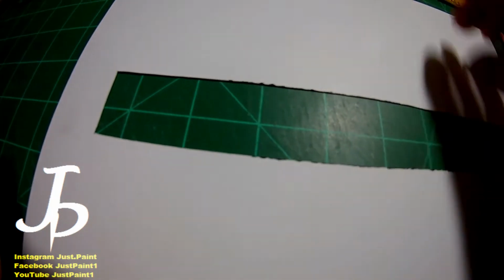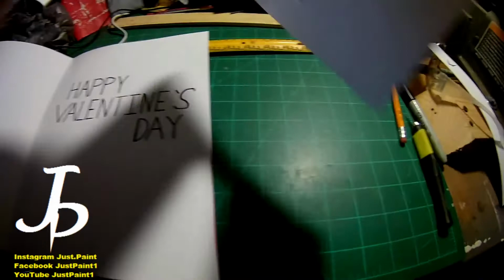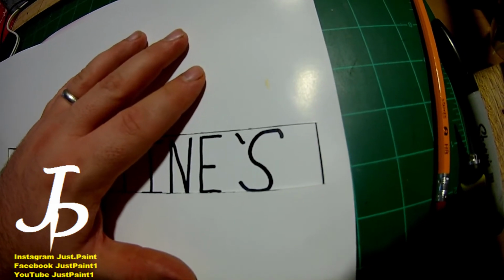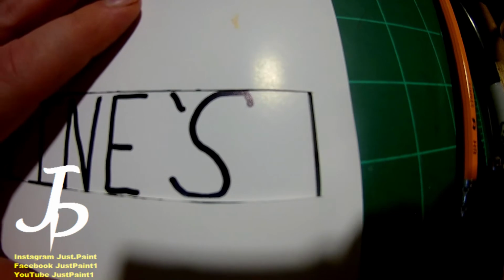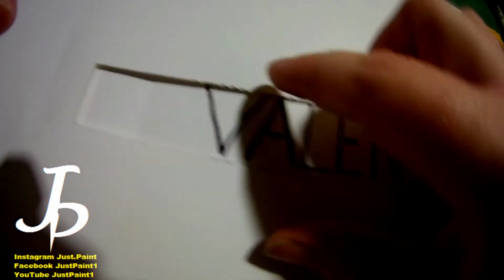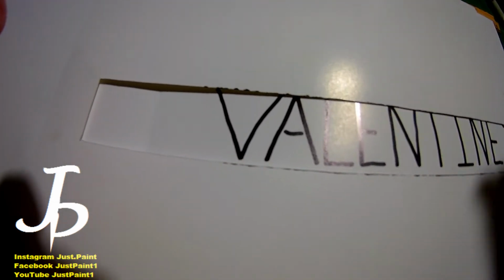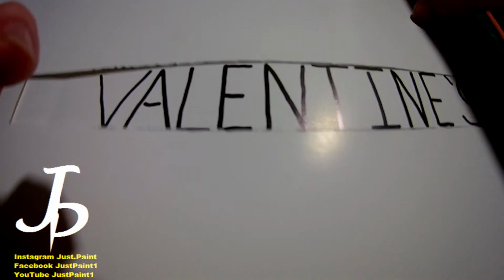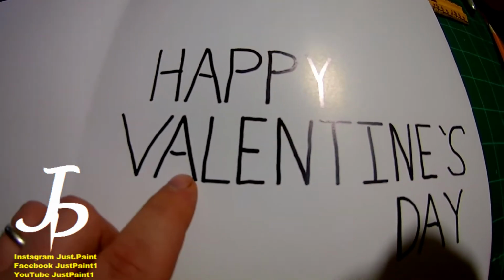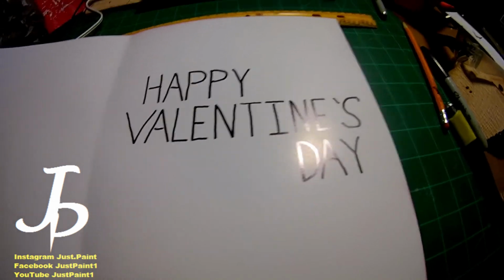Then cut it out and place it inside the card, this is difficult to do with one hand, and line it up until it's even. There you go. And then just draw your letters in it. As you do it, I start from the top, bring it all the way to the bottom, bring it all the way up, and this stencil stops you from going any farther, and as long as you do that, everything pretty much comes out the same width. Now, there's nothing really to fix the slantedness of my letters,